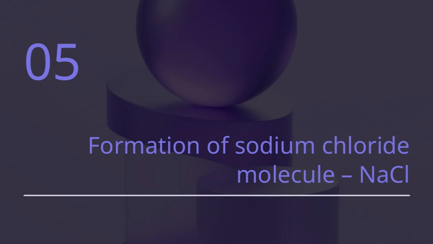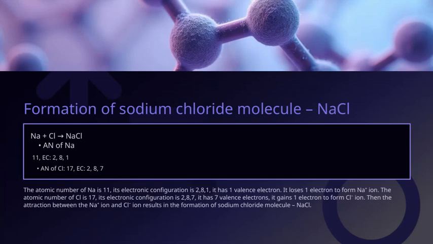This process exemplifies how elements interact to form compounds through electron transfer and electrostatic forces, which is a central theme in understanding chemical bonding. Let's start by looking at sodium, or Na. Its atomic number is 11, which means it has 11 protons in its nucleus. Its electronic configuration is 2-8-1, so it has 2 electrons in the first shell, 8 in the second, and 1